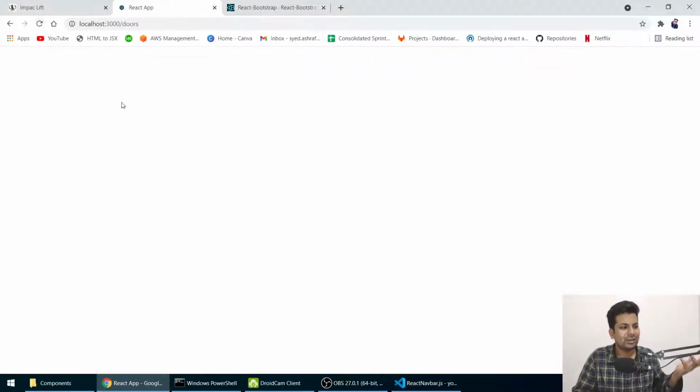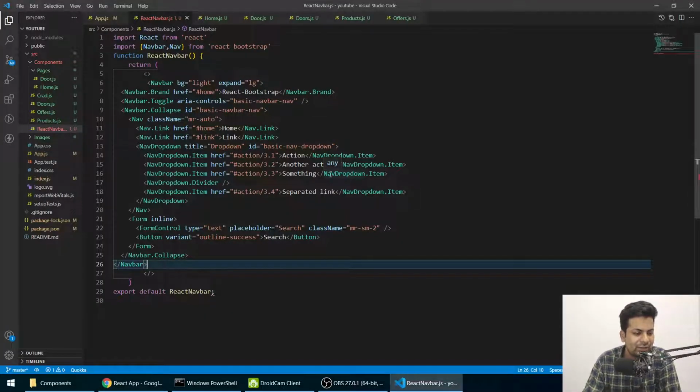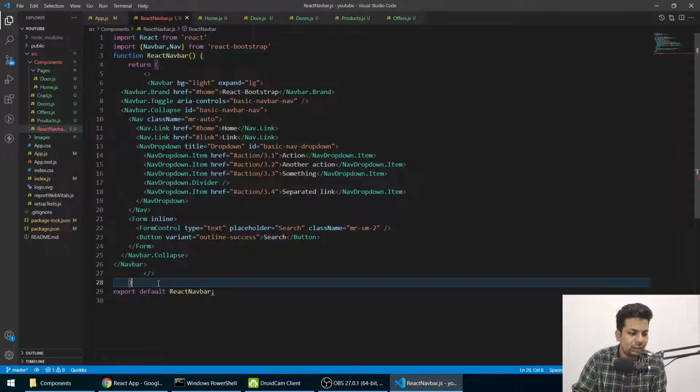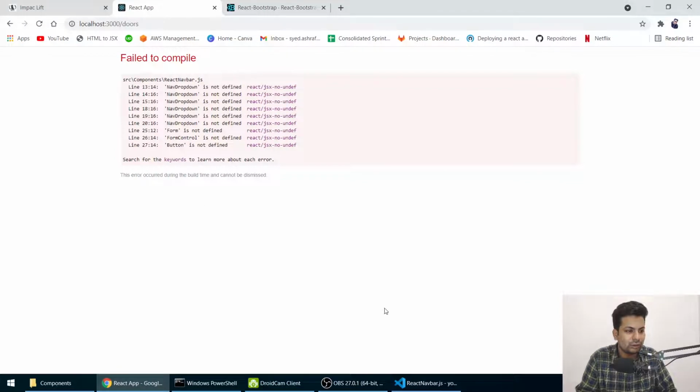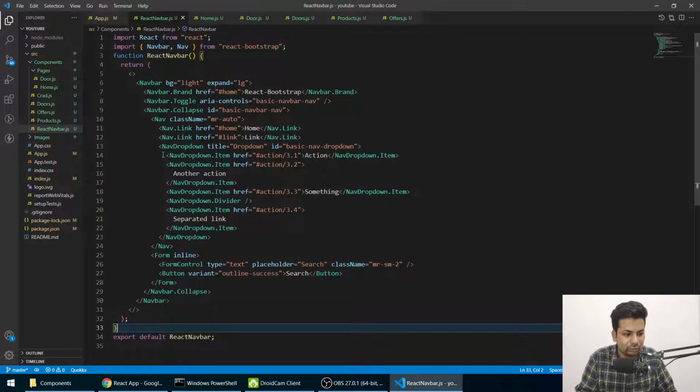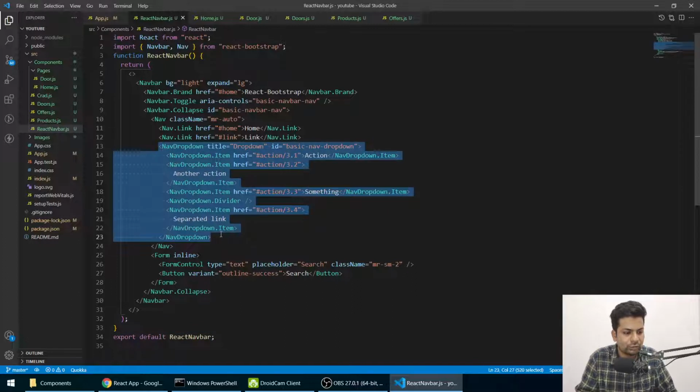What? Are you kidding me? Why is there some error? Anyone can tell me, I mean before that I'll solve it, but how come there is an error? React navbar function, then we'll return it. Return will be like this. Then we'll have, okay, I missed this array. Okay, now everything's fine. So okay, now we have imported this navbar dropdown because we don't want to use it.